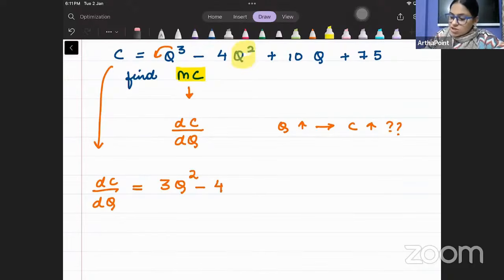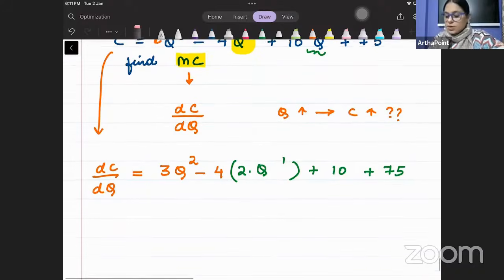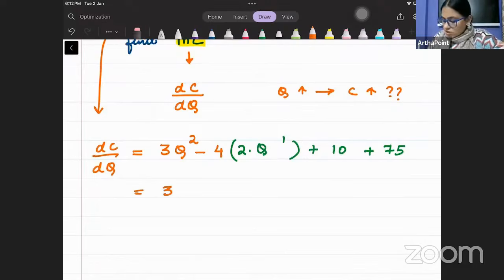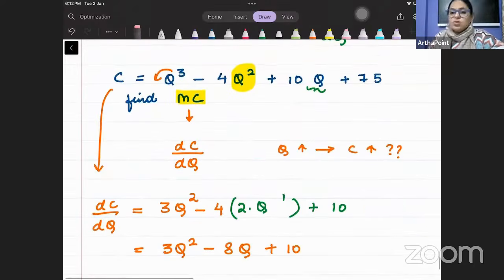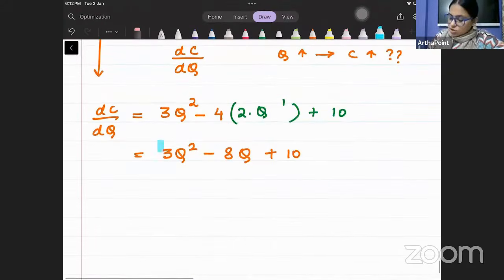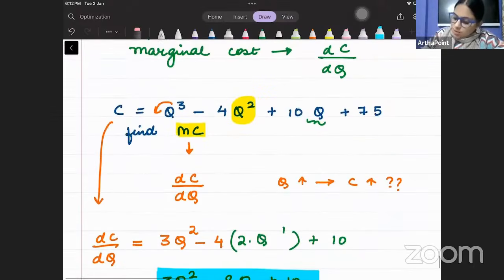अब q² का डिफरेंशिएशन देखो, पावर विल कम डाउन, पावर विल रिड्यूस बाय 1। हाँ बेटा, q का डिफरेंशिएशन 1 हो जाएगा प्लस 10 प्लस 75। बेटा इसको मैं सीधा 1 लिख रही हूँ, पावर विल रिड्यूस बाय 1 हो गया ना। तो ये हमारा हो जाएगा 3q² माइनस 8q प्लस 10, सॉरी 75 का डिफरेंशिएशन 0 प्लस 10। तो बच्चे ये हमारा हो जाएगा मार्जिनल कॉस्ट।